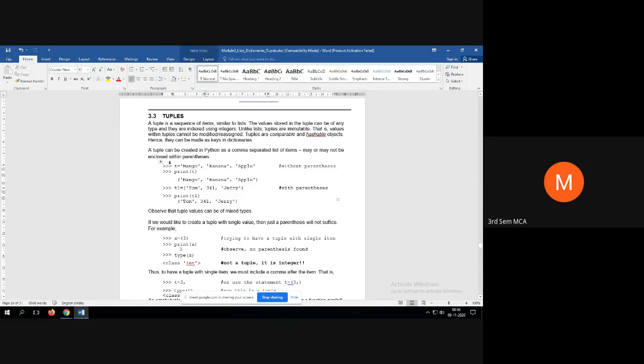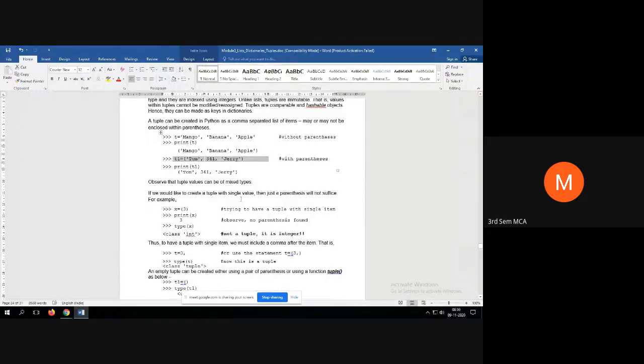Okay, now students, I think this syntax you don't know: creating a tuple without parentheses. But very rarely do we use this. This is not a very good practice, so we always have to create it like this. This is a better syntax, which is widely accepted, so we have to use this syntax.